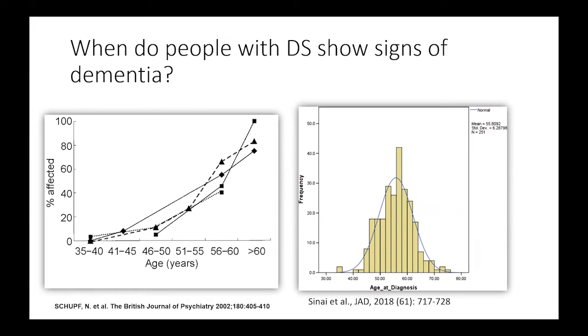And here's the ages of the individuals being evaluated and what percent of people have signs of dementia. And again, you can see it's pretty stable until around 50. And then those numbers start to exponentially increase. What's fascinating to me, though, is this, and that is we're not at 100%. And indeed, what we're learning more and more is that the percentage of people who get into their late 60s and even early 70s is starting to increase.